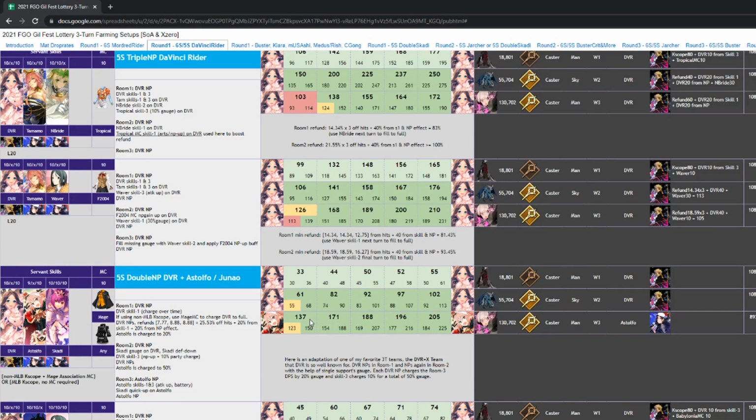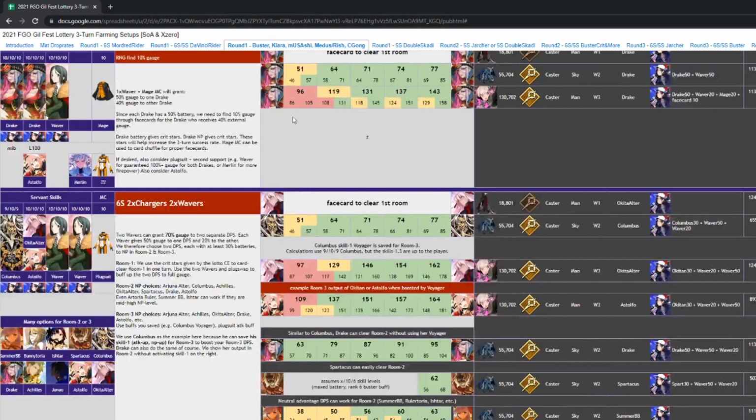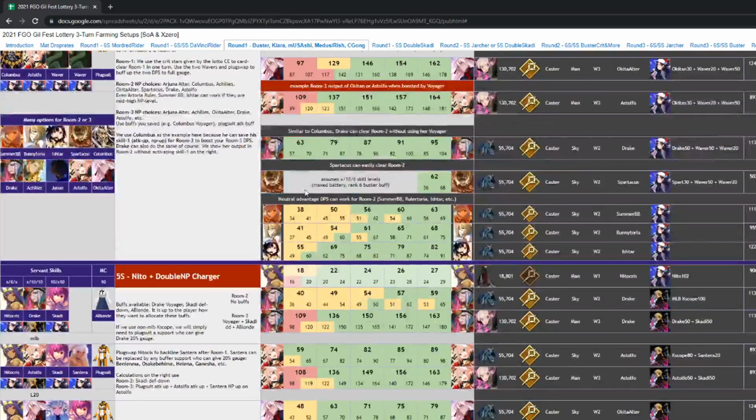Really nice since even MP1 Astolfo works, but it does require either your own Rider Da Vinci or your own Skadi, and then taking the support of the other. And also 1 Kscope. The next sort of free to play comp I want to go over is over here,